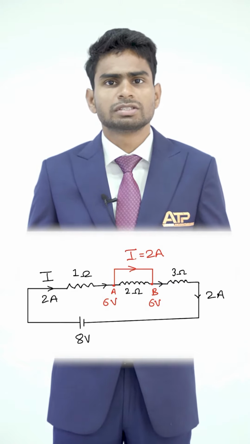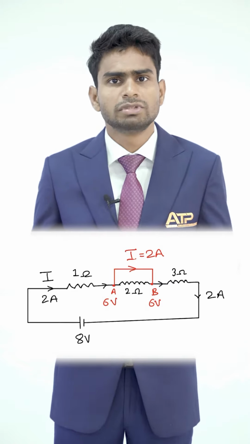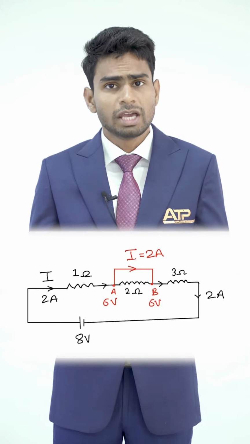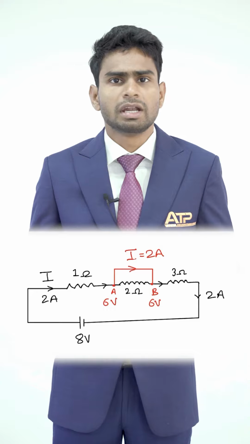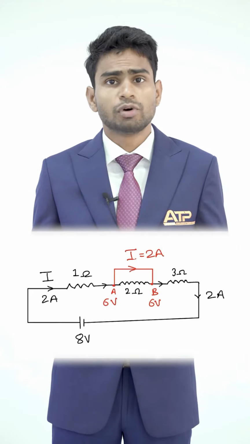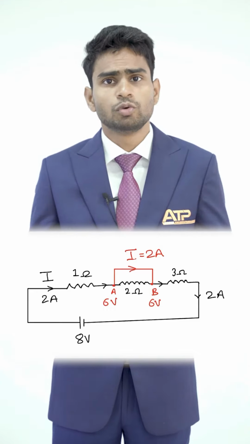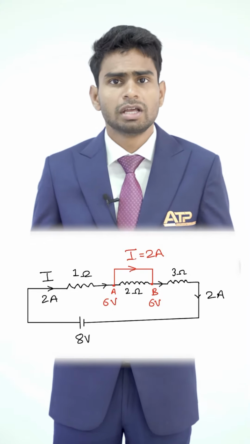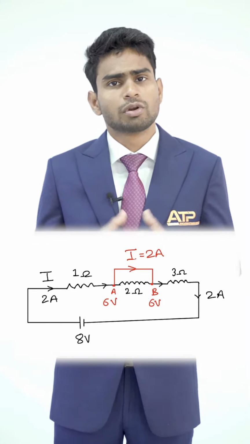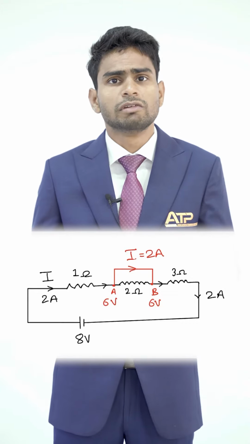Therefore, the equivalent resistance of this circuit will become 3 plus 1, which is 4 ohm. Here, by short circuiting, the 2 points A and B are maintained at the same electric potential. Therefore, the electric potential difference between the 2 points will be 0. Now according to Ohm's law, which is delta V equals IR, as delta V is 0 across the 2 ohm resistance, there will be no current as well. Isn't it an amazing concept?